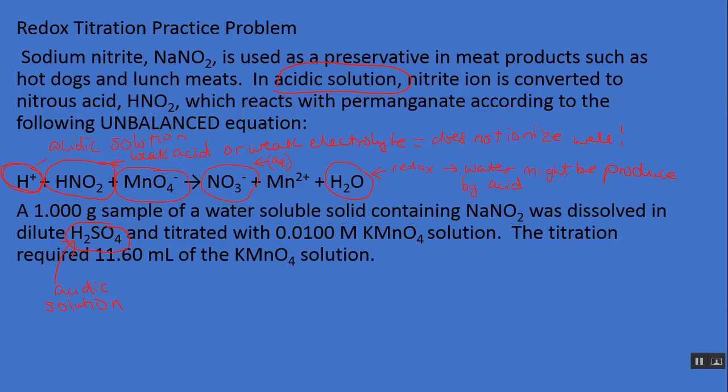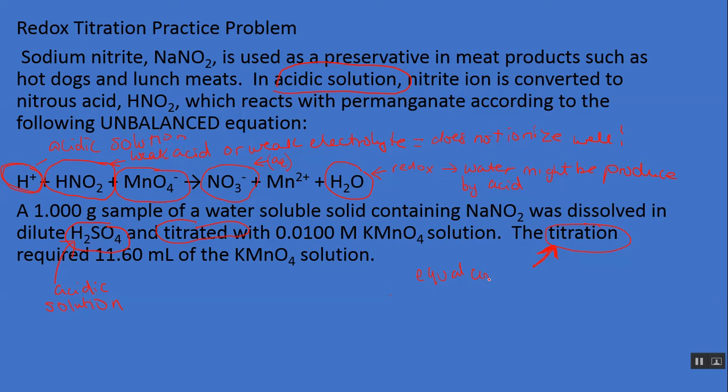Notice it says and titrated with 0.01 molar potassium permanganate solution, and the titration required 11.6 grams of it. Now, keyword or words, you see them twice. You see titrated or the word titration. We actually talked about this word back in one of your previous video lessons when we were looking at one of your other challenge problems, but let's just review, or if you don't know what this word means, let me just mention to you that when we say titrated or titration, it simply means that stoichiometrically speaking, we have